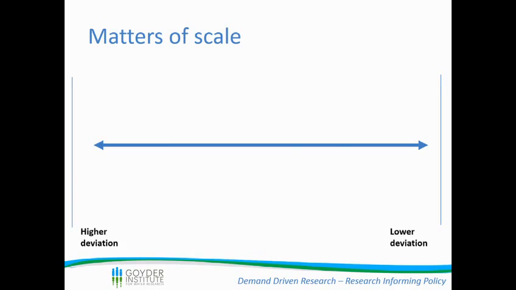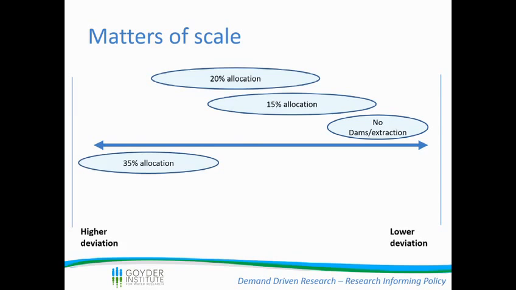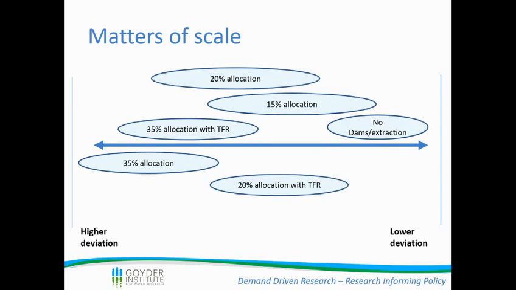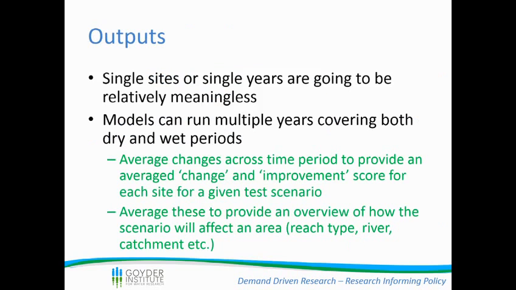So what I mean by a scale is if you've got lower deviation down one end and higher deviation, this is for the improvement metric. You have your NODAMs realm, your window of sites in here. Then you might have, say, a 15% allocation scenario. This is based on some stuff we did for the Barossa Valley. 20% allocation, 35% allocation. Then the different scenarios with threshold flow rates attached. And then you might have your current level. So you can see that if you look, for the example of threshold flow rates, they're starting to move towards this NODAM scenario, which represents a general improvement in condition, which is quite good because now we can start to tie it back into our risk stuff.